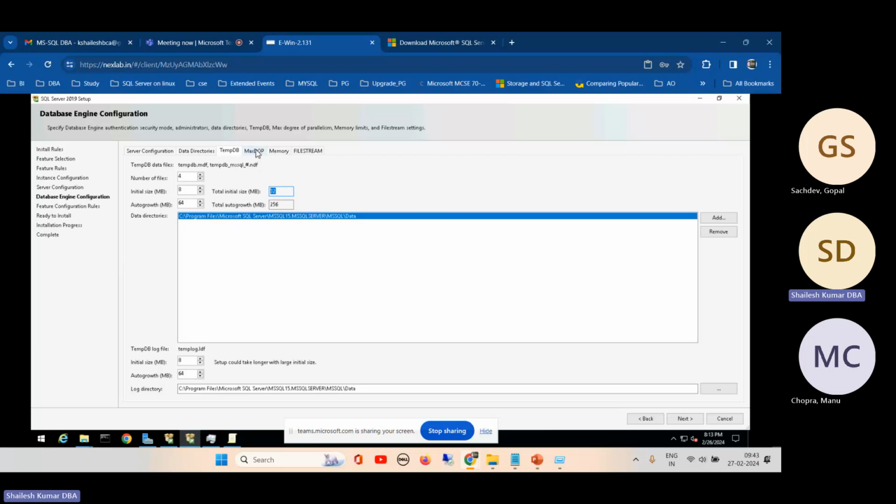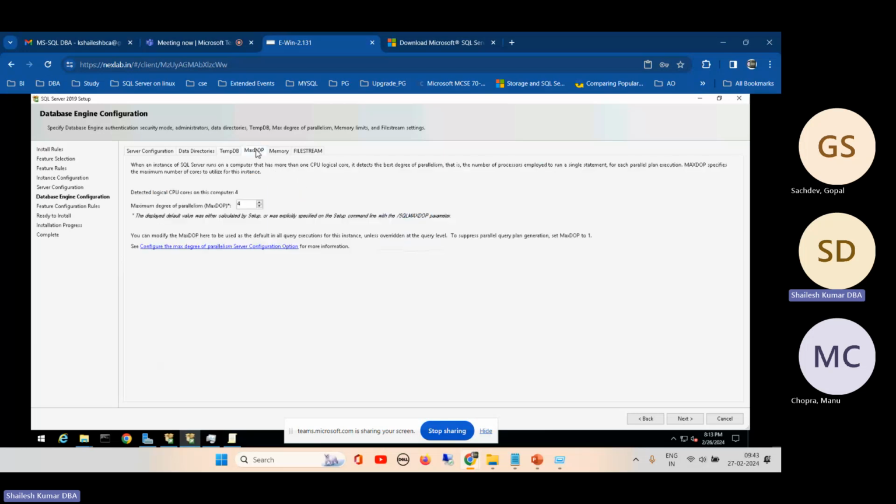Next is the part of performance tuning, MAXDOP. That is max degree of parallelism. We are using nested queries, and they wait for one another, so we can allocate here. It is dedicating CPU, but the best practice is that we can allocate max 50% of CPU. Means if we have 8, we can allocate 4 max, or the best practice is to keep just one. As per Microsoft, as per experts, or as a DBA in our experience, we can keep only one, because we cannot cap all the CPU